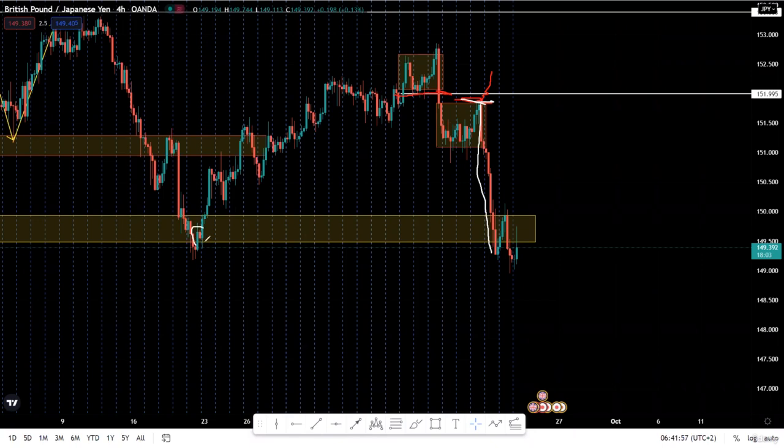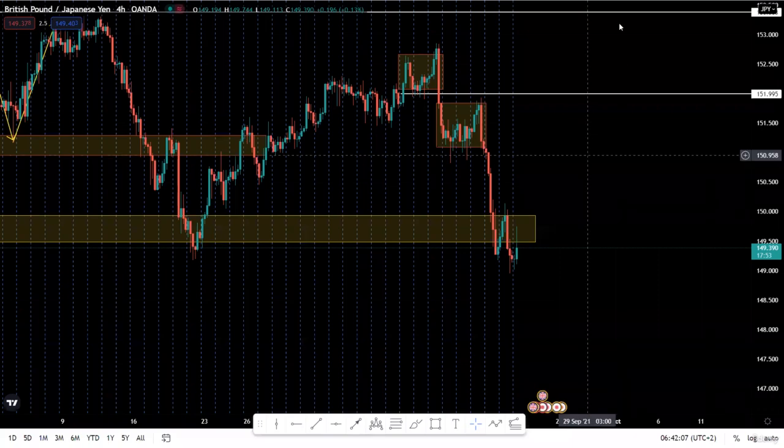So remember, order blocks are very much important to spot in this industry. It is very, very much important for you to spot them. Remember that. Very much significant to